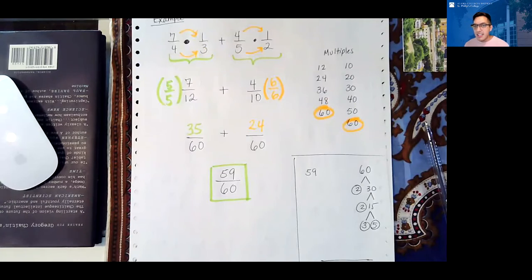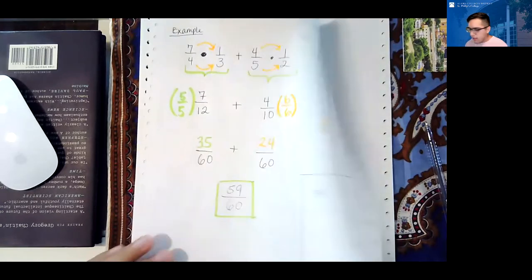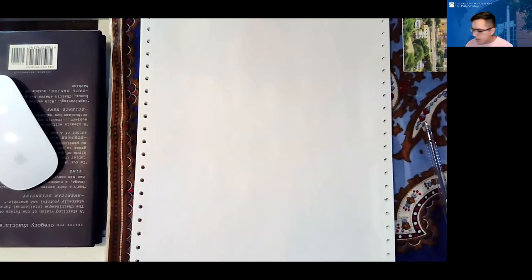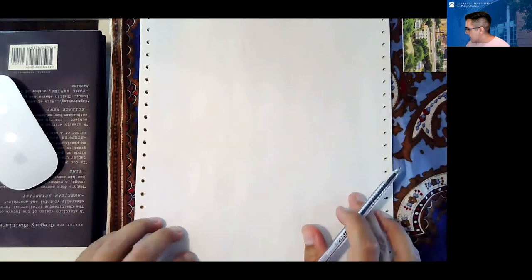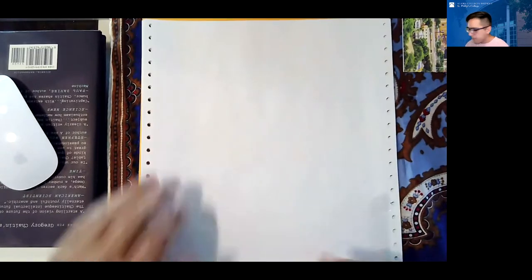Gotcha. Yeah. Okay, let's take a look at another problem. Maybe one that doesn't have fractions. Maybe one that does. Let's see. Yeah, let's do